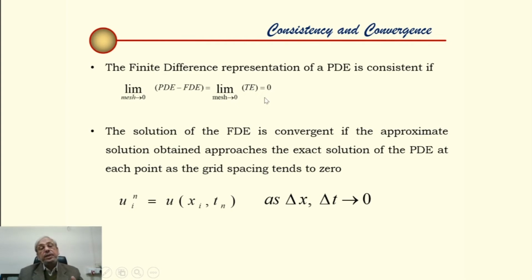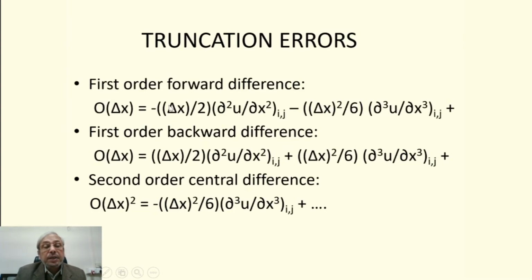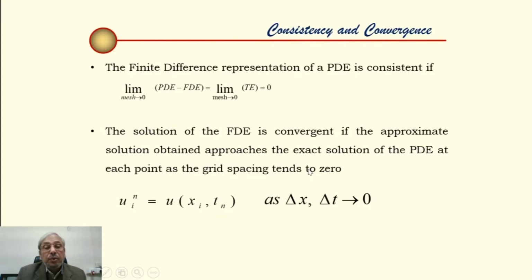So the formulation should be such that whatever is the truncation error associated with the complete equation for each and every term, those truncation errors put together,